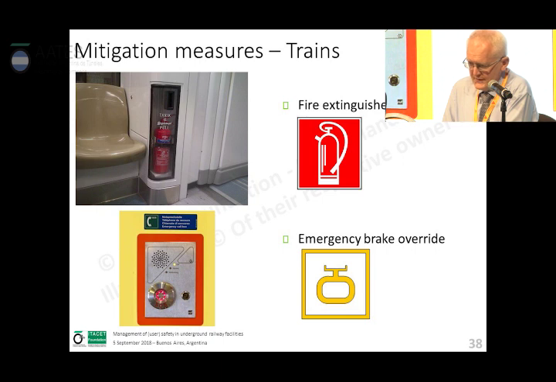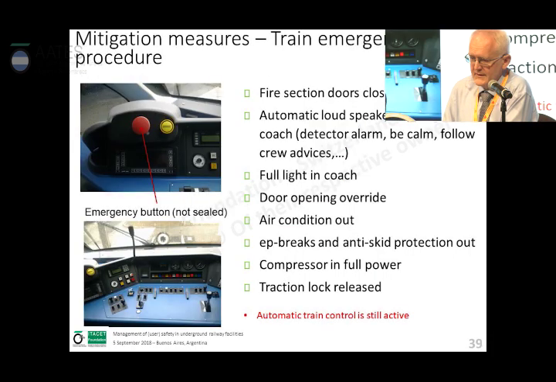Here are just some pictures, fire extinguisher, or today there is no emergency brake really, but only an alarm, so the train does not stop immediately upon using this brake. That's then upon the decision of the train driver. Another thing is to relieve as well the train driver from many different tasks. He has in his cockpit one central button, some emergency button, and this button then does various activities.